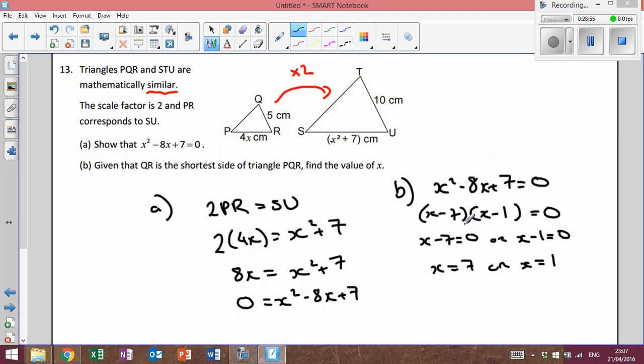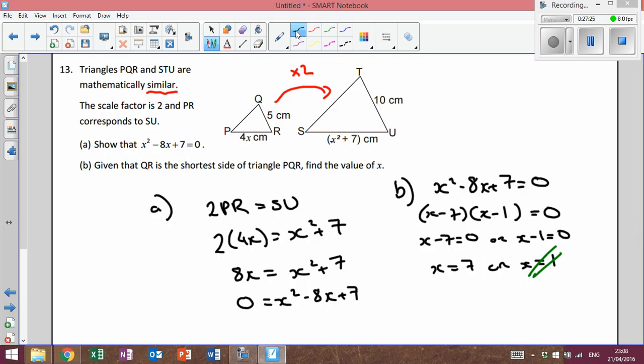Now we've done our maths. This is all I'm asking you to do. Now we just need to check. So given that QR is the shortest side of the triangle, so 5 is the shortest side. So this 4x, it can't be less than 5. So here, say if that x was 1, 4 ones are 4. So that would be the shortest side, but it can't be because it tells us that QR is the shortest side. So that x there